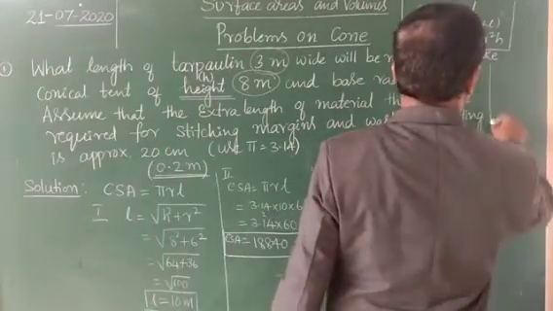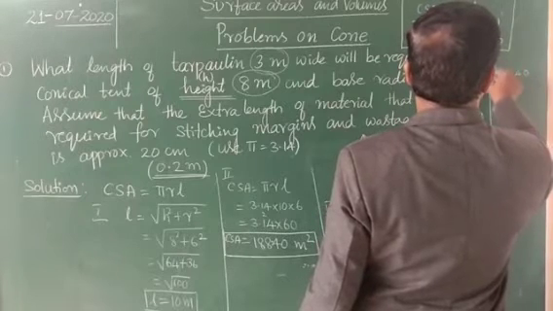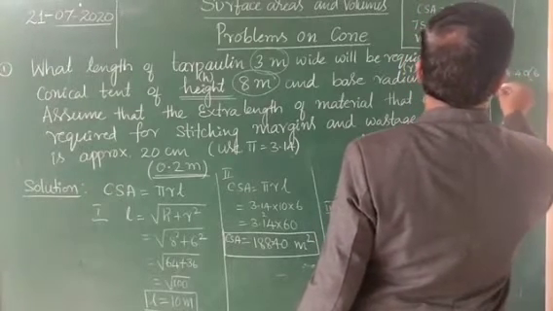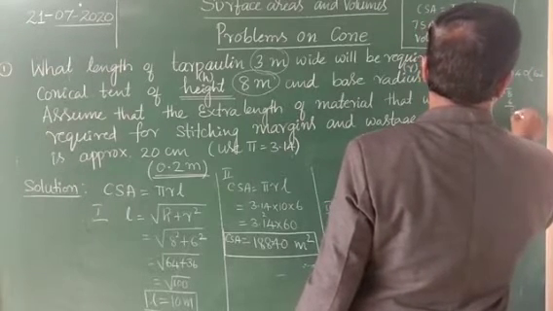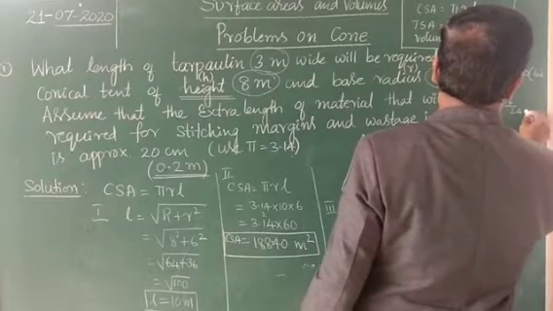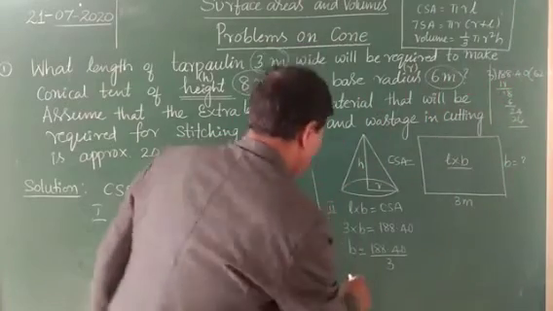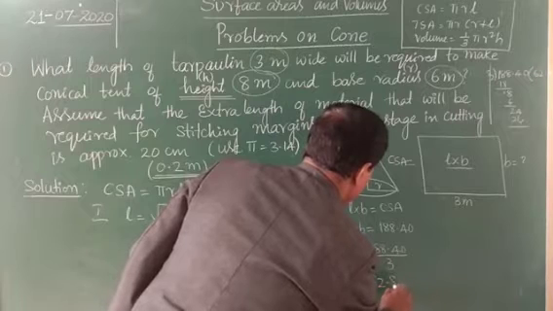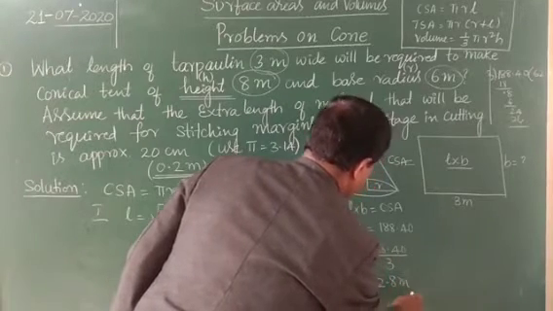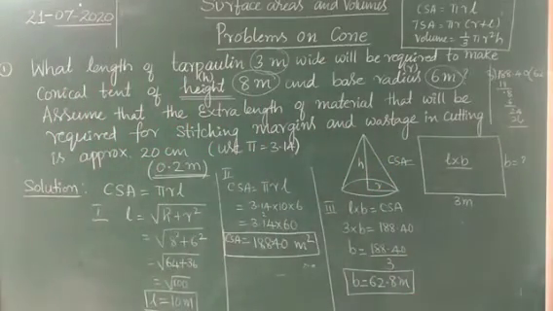So, here I am doing 188.40 by 3. 3 6s are 18, 0 8, 3 2s are 6, 2, 4 carry, 3 8s are 24. So breadth is equal to 62.8 meter. 62.8 meter. Okay, now